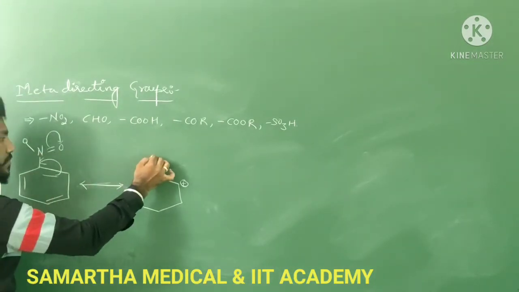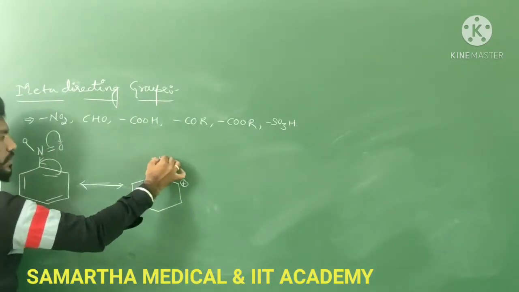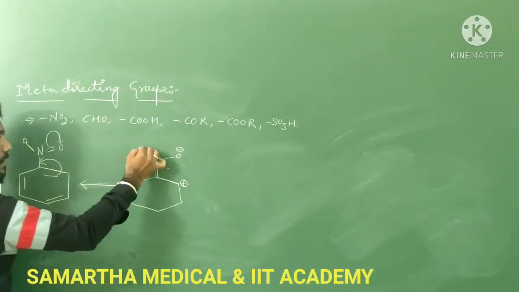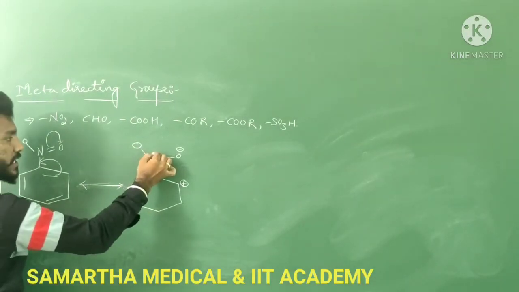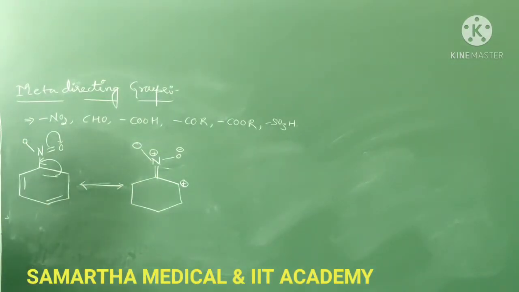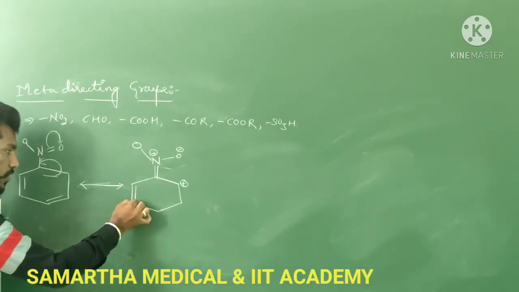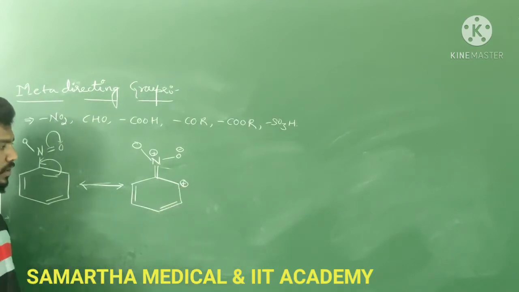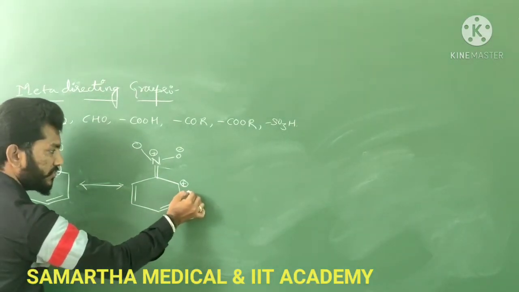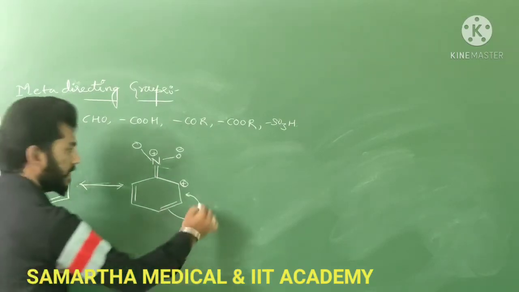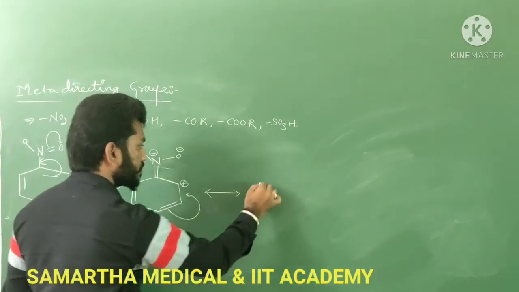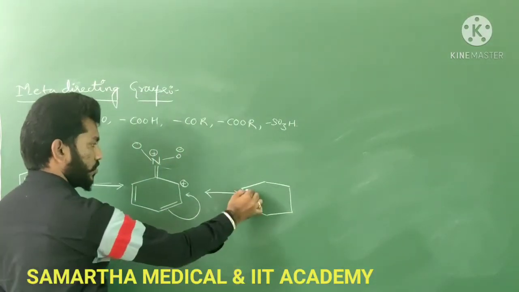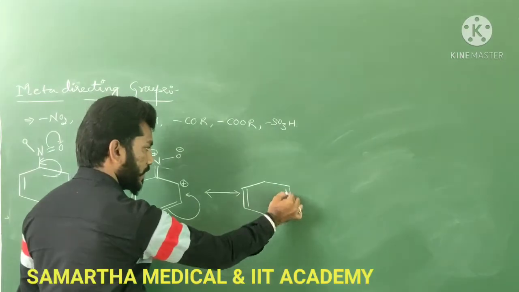Okay, and here N. This bond has been shifted onto the oxygen, so O minus, and here oxygen O and nitrogen has a positive charge for neutralization. Okay, so here the bond we get as it is. Next, in order to neutralize this particular carbon atom, this electron has been shifting over here. Okay, then what does it become? Yes, so we get a bond here and another bond here.